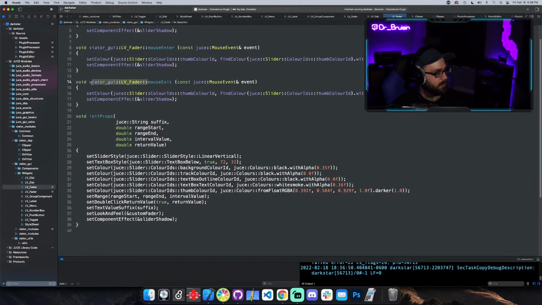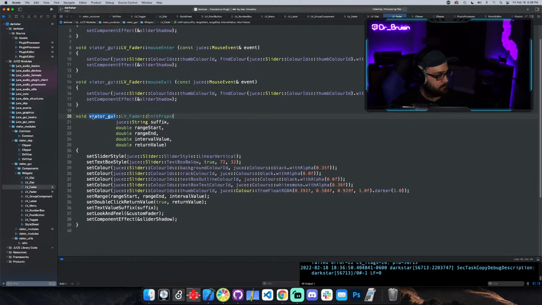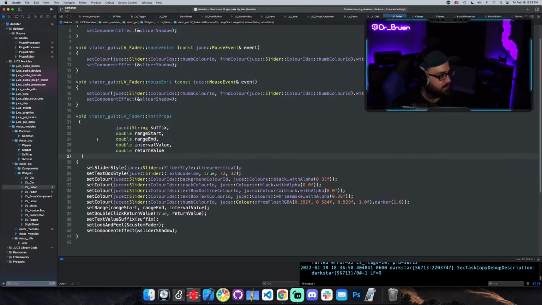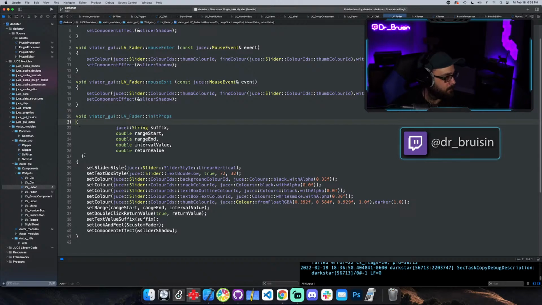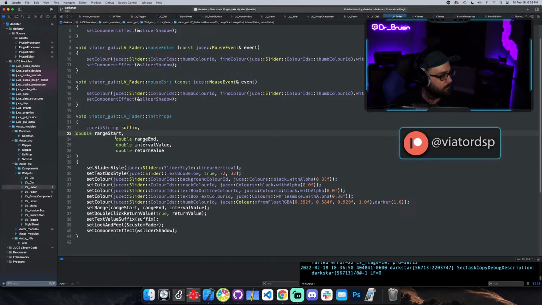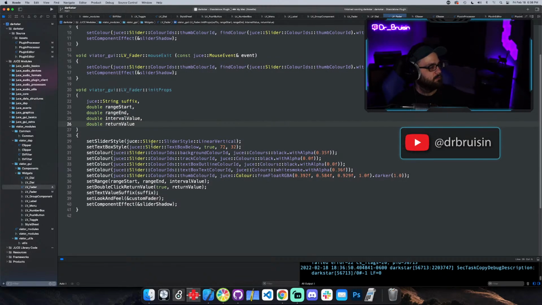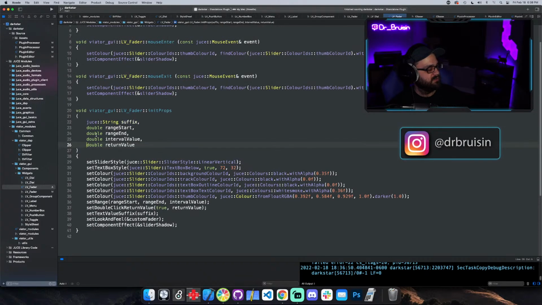Void init props. So let's do the same thing. I think that's much easier to read. It's still not amazing, but when you have a bunch of arguments in the